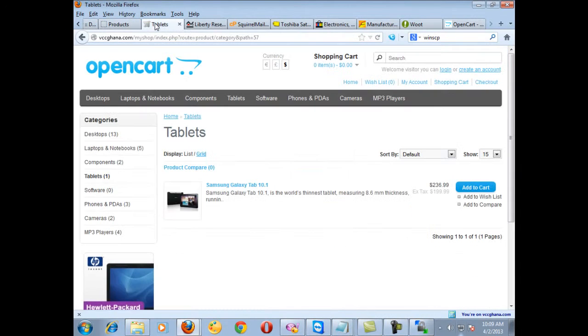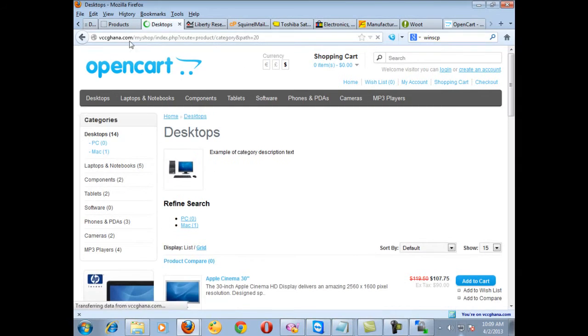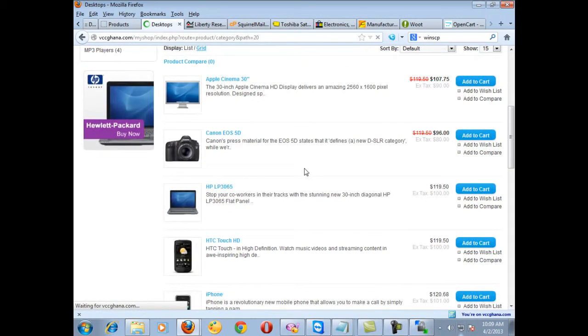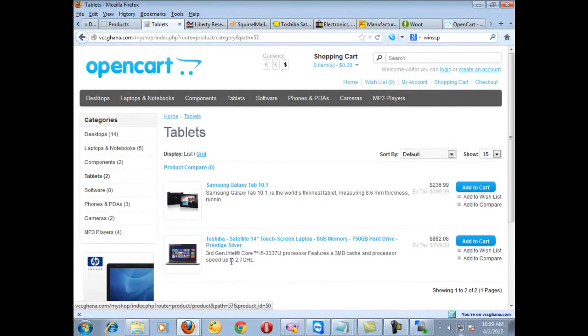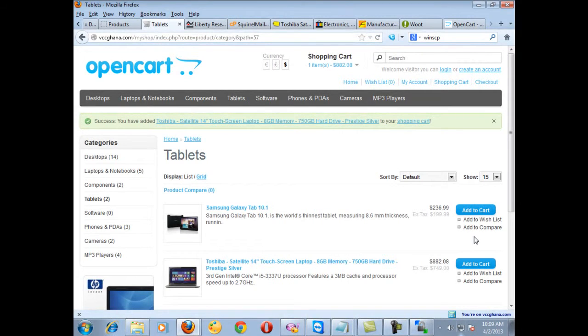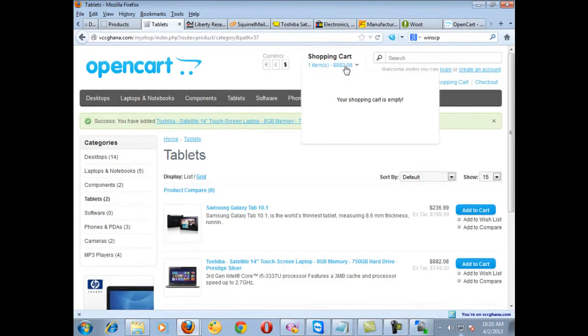Okay, so let's go back to our shop and click on desktop so you can see that it's there. Let's click on our tablet. Okay, so you can see Toshiba, that's the product we've just had. So click here, add to cart. That's if we wanted to buy it. You can see success, you have added Toshiba 14 inches touch. So we'll click here and just go to checkout,